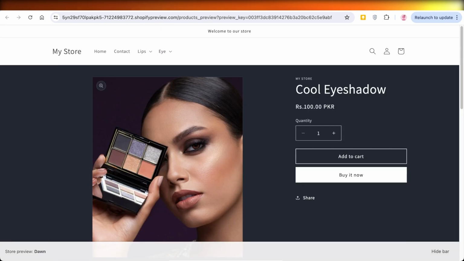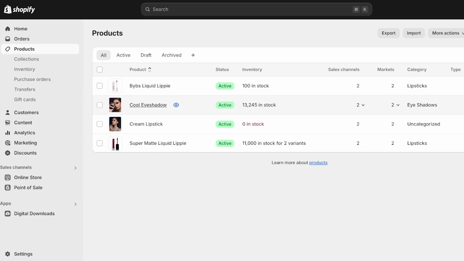So for example, in my particular Shopify store, I have a bunch of different makeup products. However, for maybe my lip product, I want to mention what type of finish they have, if they have a velvety finish or a matte finish. But that might not apply to my eyeshadows. So how can I display specific product information and have specific customized fields for product info without having it be